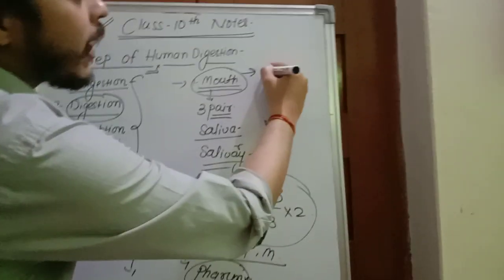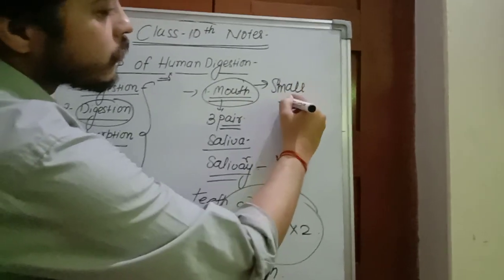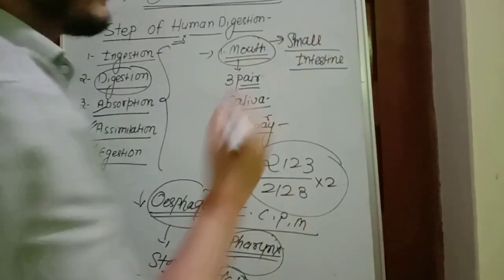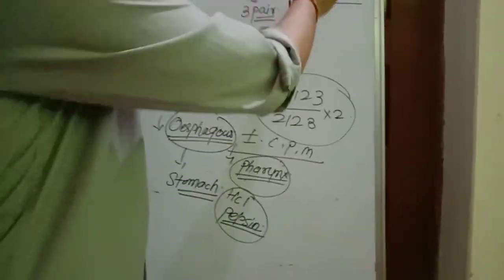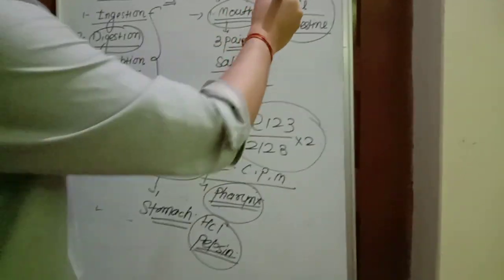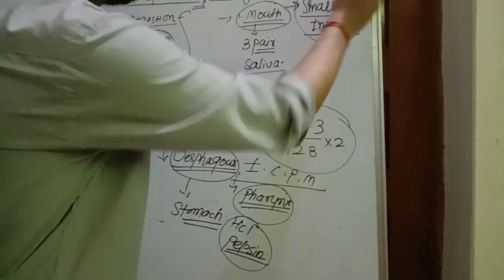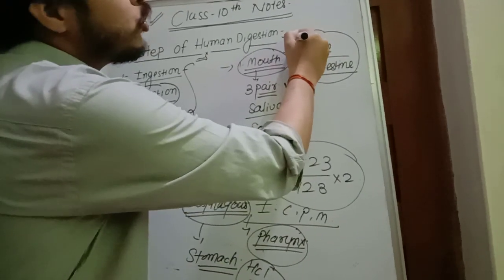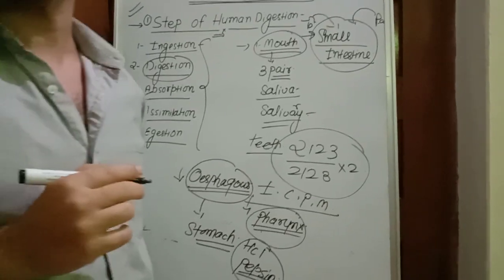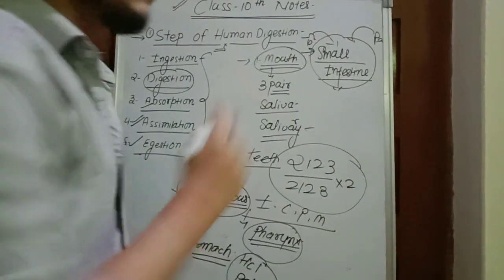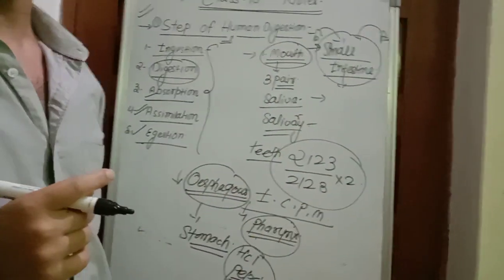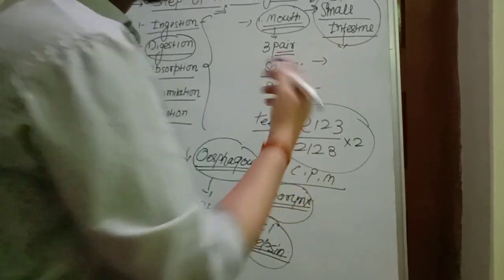That is the part small intestine. Small intestine, where digestion is completed, in the duodenum part of the small intestine, because in the small intestine 2 juices are released, called bile juice and pancreatic juice. Both juices are released into the small intestine. Write down one by one. Pancreatic juice. What is the function of pancreatic juice? You write the heading pancreatic juice.